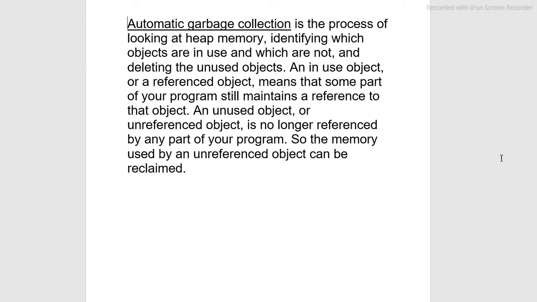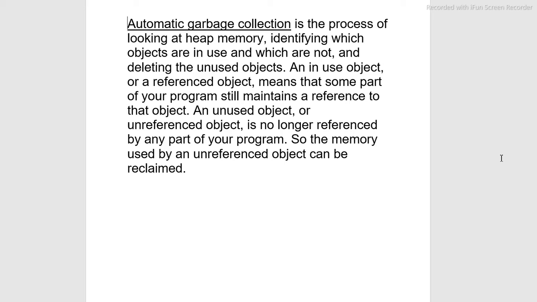An in-use object or referenced object means that some part of your program still maintains a reference to that object. That means there is a part of your program, for example data, which still maintains a reference to that object.